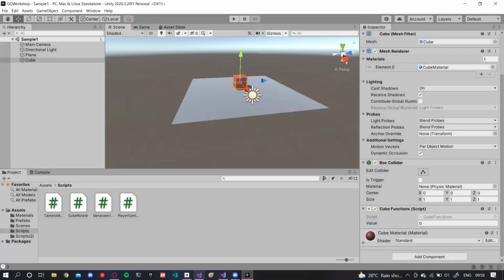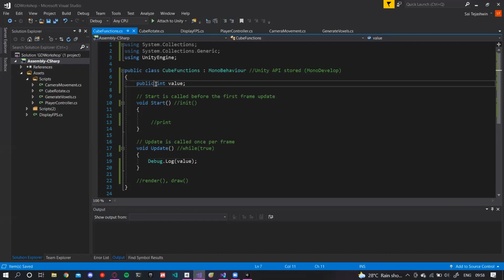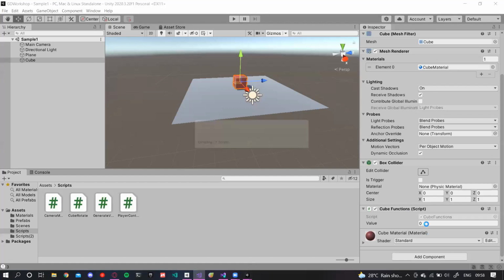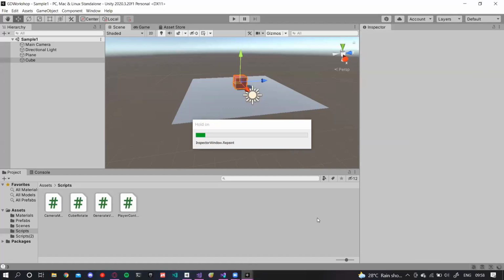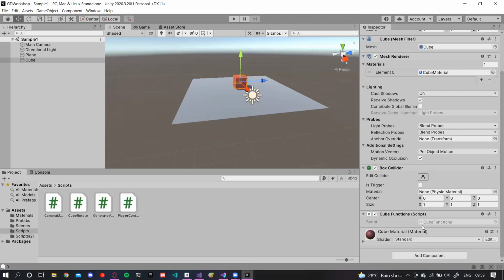But if I change it to private, I can't. I don't have access to this. Of course, in an object-oriented programming language, we usually use private for better encapsulation, for better protection of this value. Sometimes we don't want to show this value in the function script, and we want to run it implicitly in our cube function.